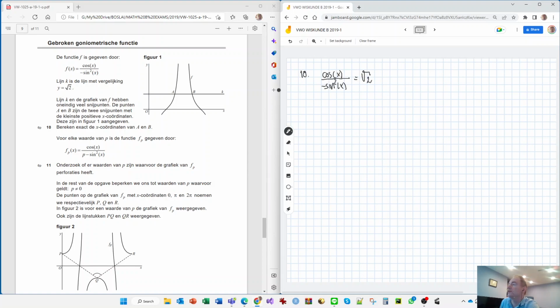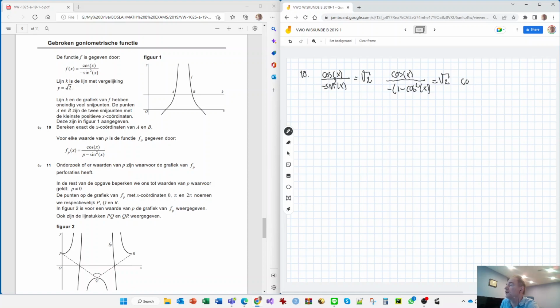So with these things you always try to express it in the similar cosine or sine, but in this case you can immediately see and convert everything in cosines, and you get cosine of x divided by minus 1 minus the cosine squared of x is the square root of 2,